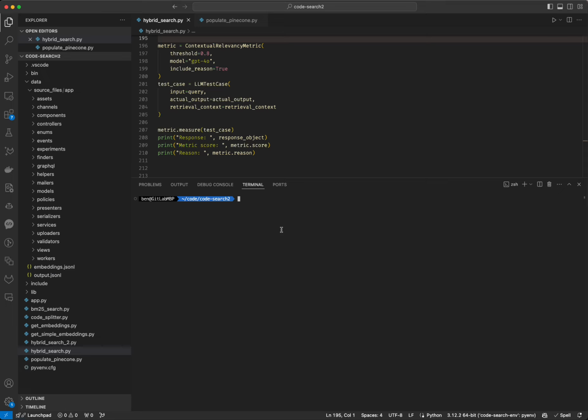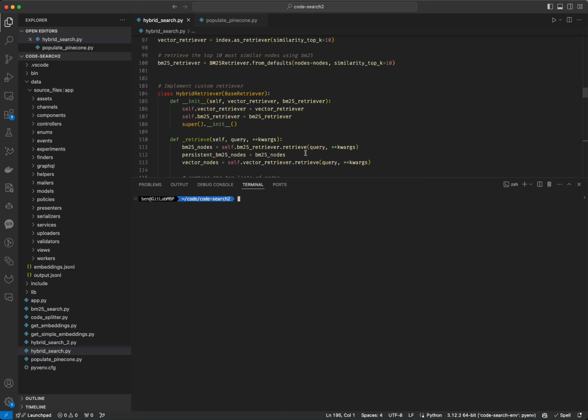But basically the gist of it is I've got some files here from the GitLab application repository, just from the app folder. And basically what the application does is chunk those code files, only the Ruby files, and then create a BM25 index for those, or do a BM25 search over those. And I've already stored the vectors of those chunks in Pinecone. And so it searches both the vector index and the BM25 index, re-ranks them